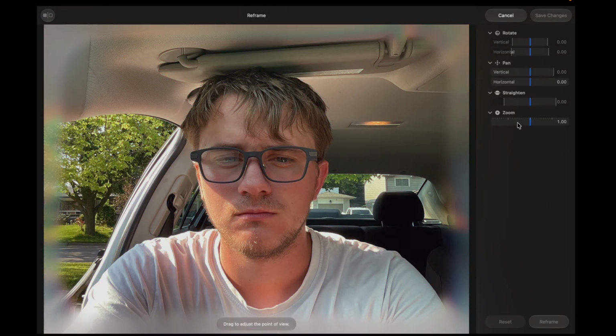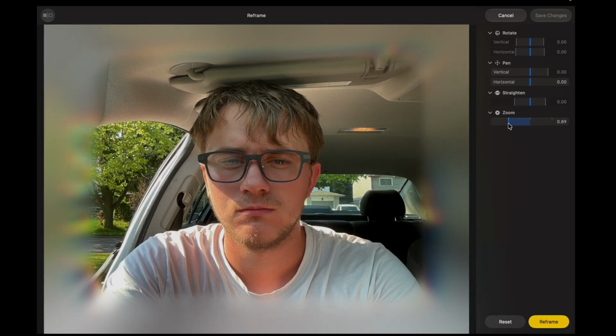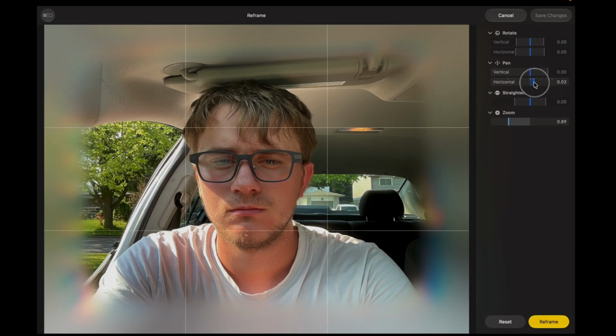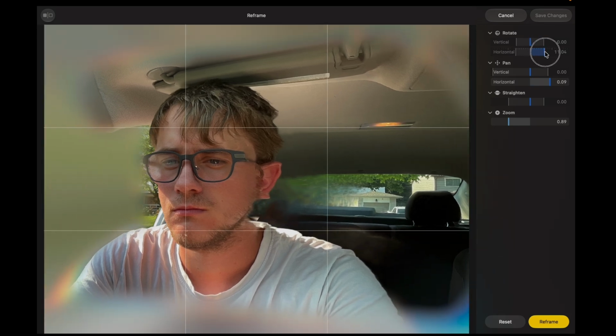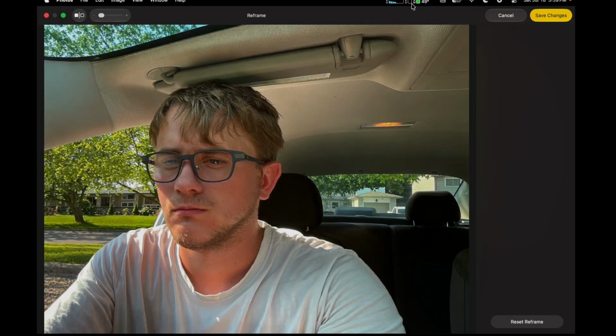Okay. Let's try reframe. So it's going to do a little bit of generative extend too. So we're going to zoom out a bit. But let's say I wish I took it from over here, from an angle like that. I wish I was just off to the side. Jeez Christ, look at my ear. So I think it's going to wreck my ear, but I want to see what it does here. So it wrecked my ear, and this doesn't look as good as the other ones, but it looks damn good. It looks damn good for what I'm doing.